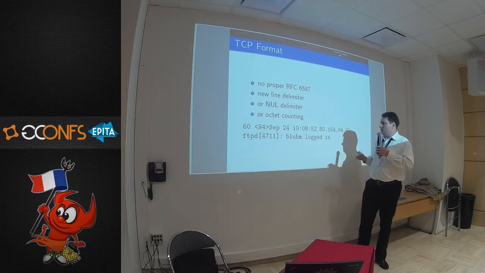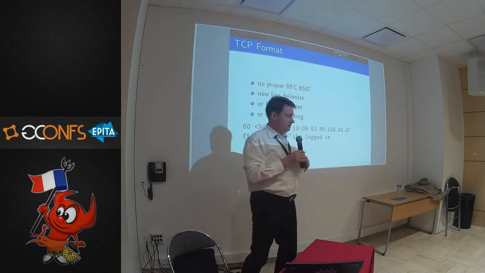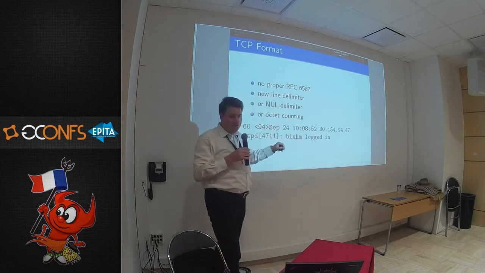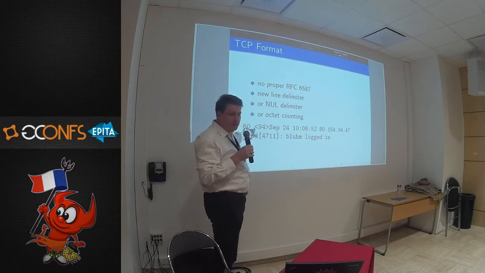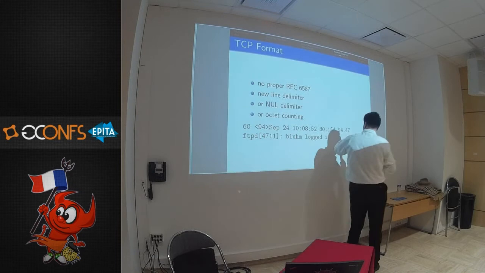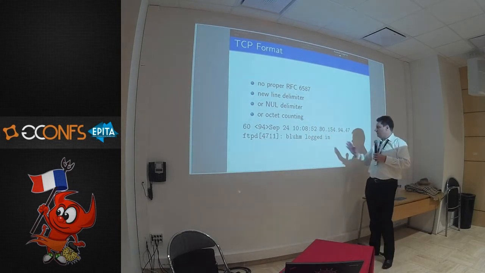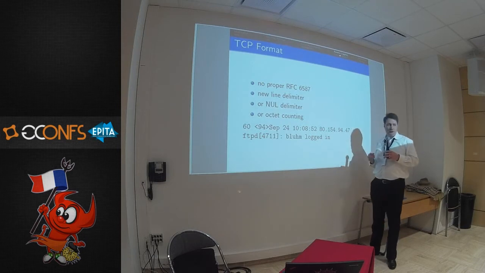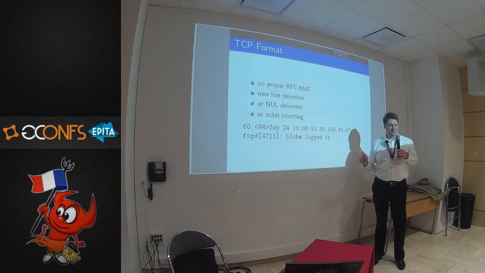And then there's an octet counting format. That's the new one. That's also in the TLS RFC. That says, you write a decimal number with the number of bytes, then you make a space, and then here are 60 bytes till here. And then the next message starts. So what I do when I send a message, I add a new line here. So I'm compatible with everything,